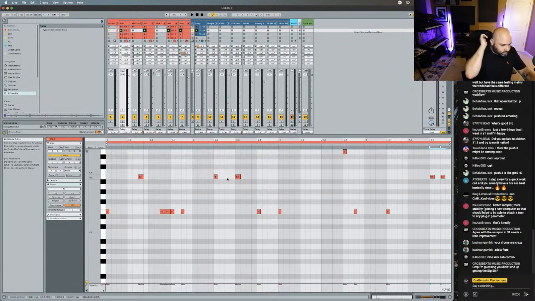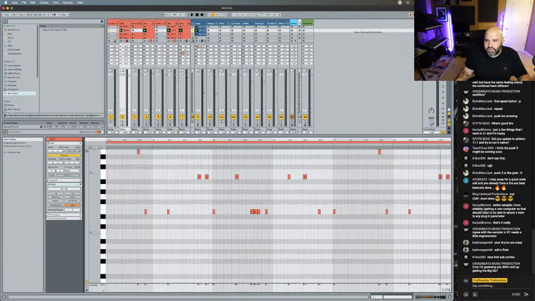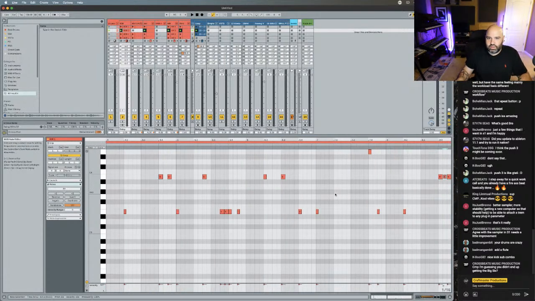2-bar loop, push a button, and now I could just do a little bit of customization on this one, so it's not as repetitive. Maybe I don't do this. Maybe I don't do this, right?